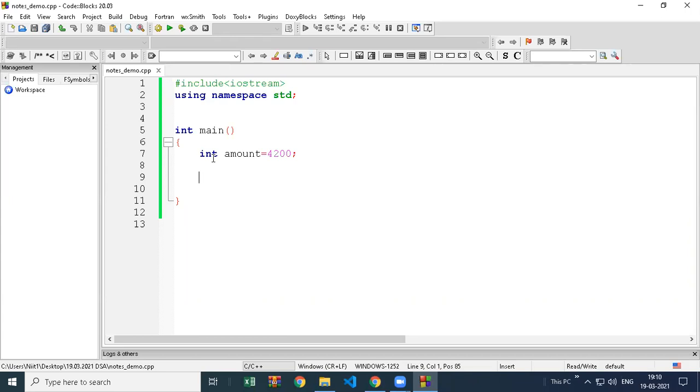What do we have to do here? No one has an idea how to check minimum notes required.